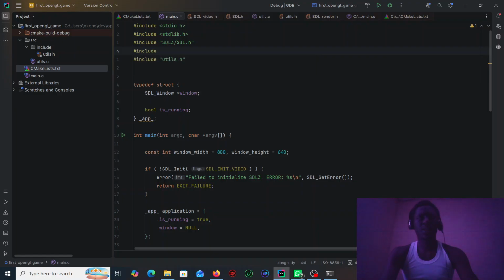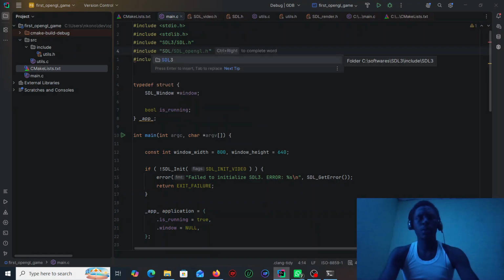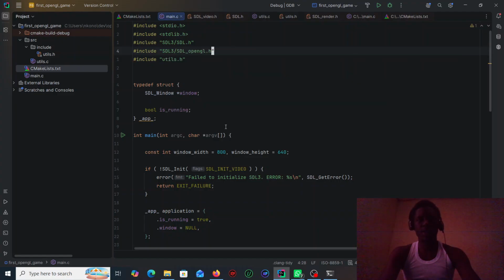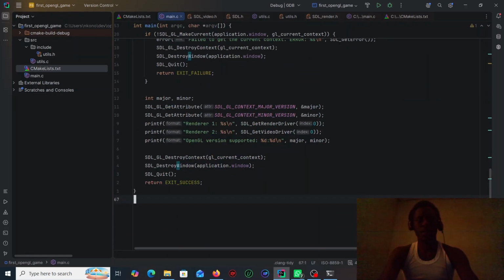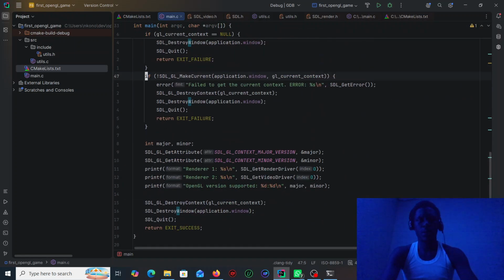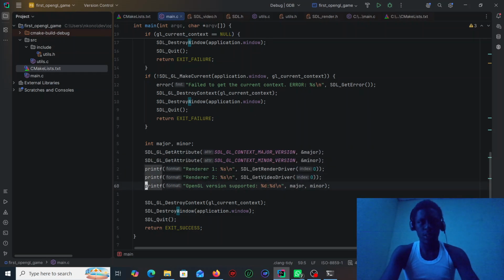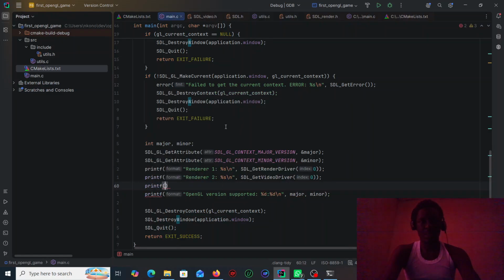I can include SDL3 OpenGL. And in here, I can do this. Let's wait. Printf